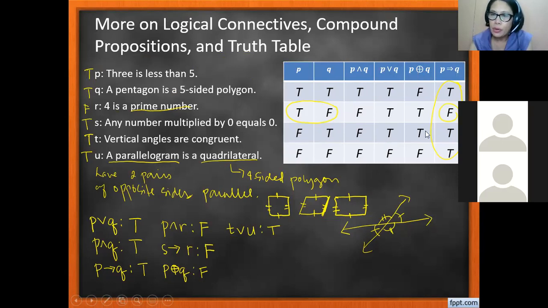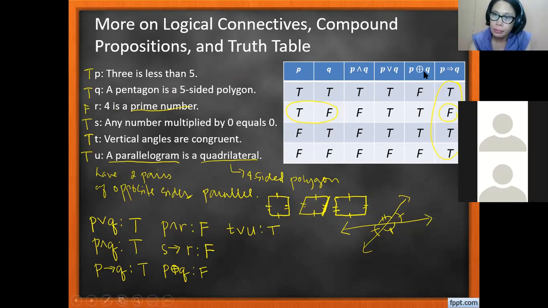Yung exclusive or naman, dapat either lang true or false, parang ganon. Kaya ito true, kasi either is true. Tapos this becomes false kasi parehas na true. Parehas na false, hindi pwede. The idea of exclusive or is isa lang ang totoo dapat. So it's either this must be true or this must be true. If both are true and both are false, it will be a false statement under